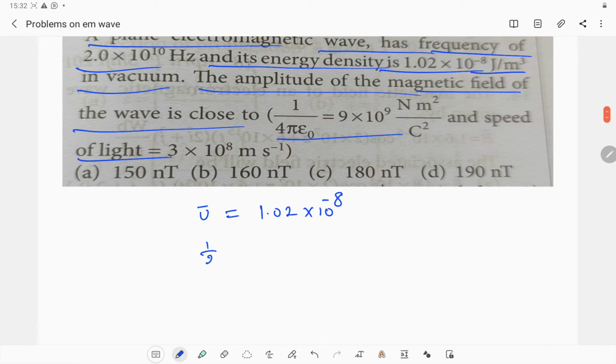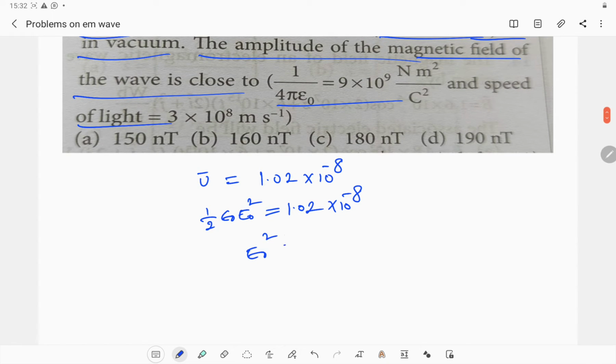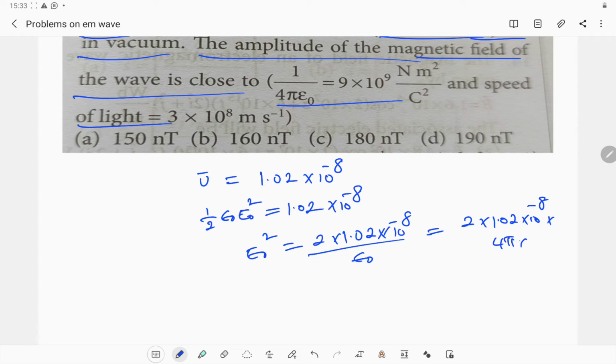But energy density is 1 by 2 epsilon naught E naught square, which is equal to 1.02 into 10 to the power of minus 8. Therefore E naught square is equal to 2 into 1.02 into 10 to the power of minus 8 by epsilon naught. This becomes 2 into 1.02 into 10 to the power of minus 8. 1 by epsilon naught is nothing but 4 pi into 9 into 10 to the power of 9. This becomes E naught square is equal to